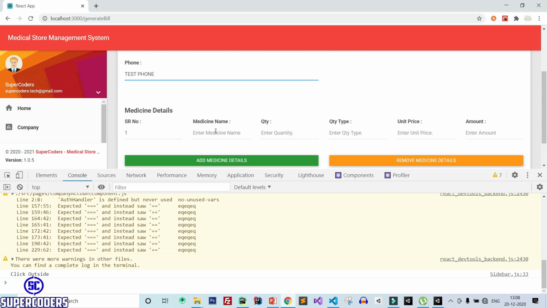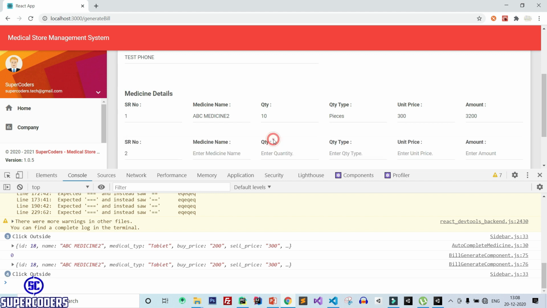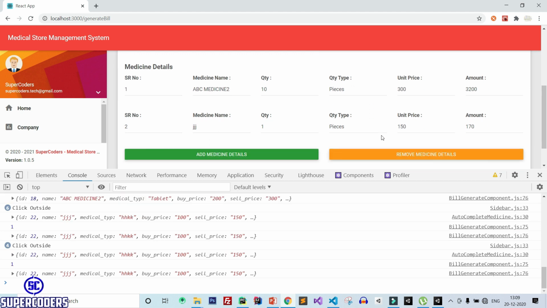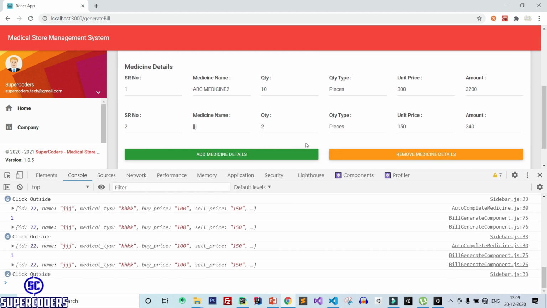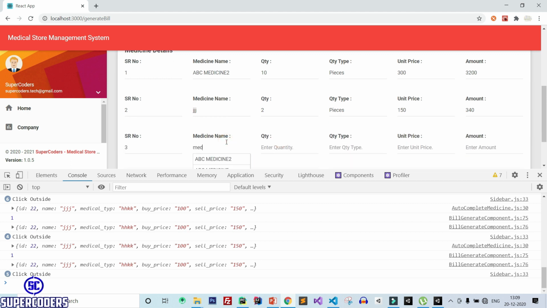Now let's add the medicine details. So medicine 2, quantity 10. After that, JJ, and you can see it has been set. Change this to 2. Again adding one more medicine.